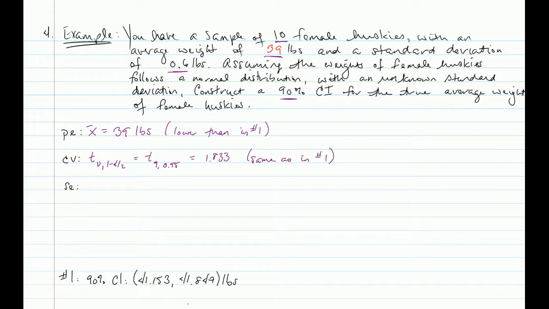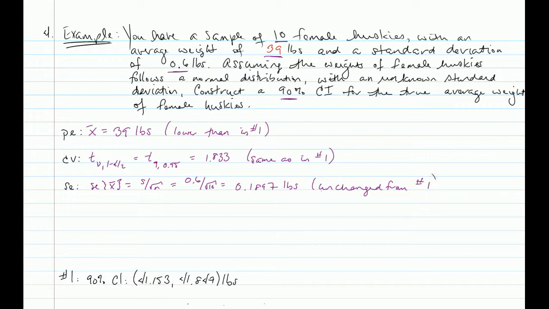And finally, the standard error. This is the standard error of our sample mean x bar. So even though our sample mean has changed, that doesn't matter because the standard error is only based on the standard deviation and the sample size. So this is s over the square root of n, which is equal to 0.6 divided by the square root of 10, which is that old standby 0.1897. And this is also in pounds. So this is unchanged